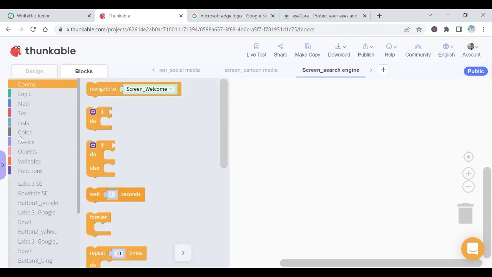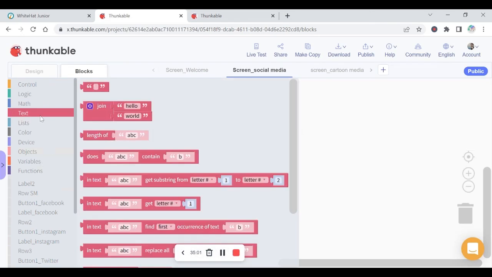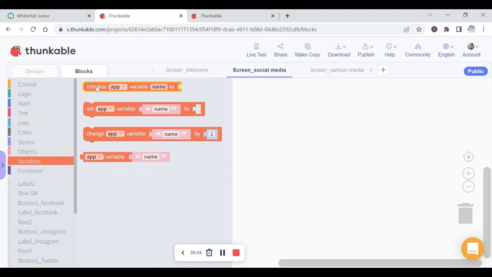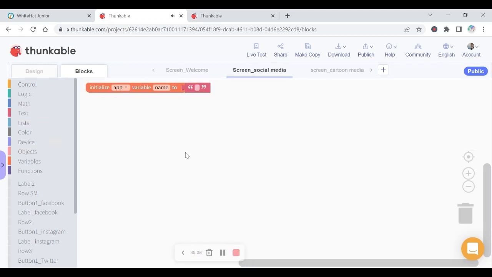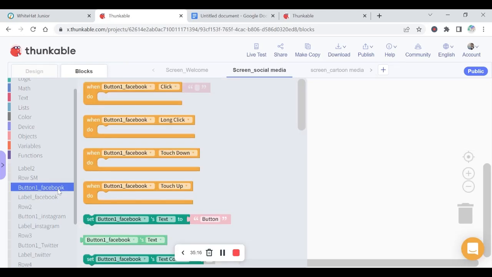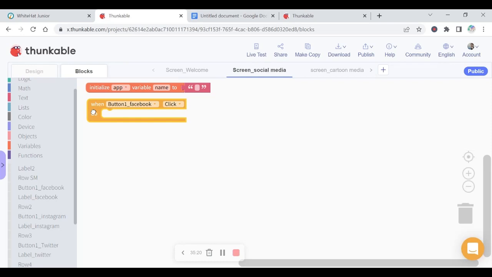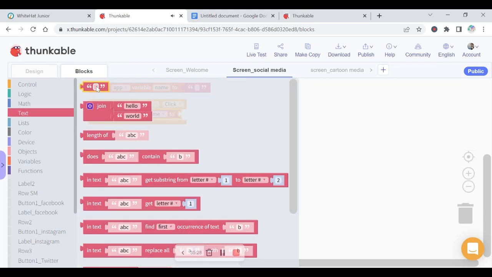So first we will remove this. We'll go to the screen social media. Over there what we have to do is create the same thing variable over here. We will do the first step, which will be the same. Now what we have to do is when button 1 Facebook clicks. Okay, so when that button is clicked, we will go to variables, set app variable to this we will add,